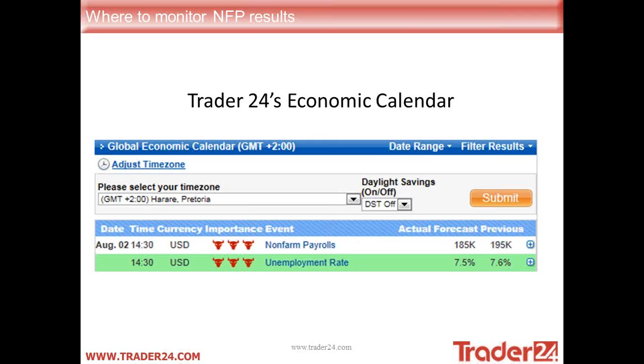And we can look here. We have a forecasted result, an estimate of 185,000 employed. That's a 10,000 decrease from last month. But the actual result is what you need to be looking at. And 5 minutes before, probably about 25 minutes past 2, you're going to see a little refresh button pop up in the actual column there. Keep on clicking the refresh button to make sure that you're updated if it comes out a few minutes early. But please keep in mind that it does not update automatically on its own. If you don't click the refresh button, you will not see the update and you'll miss the opportunity. As you can see, it comes out exactly the same time as the unemployment figures.